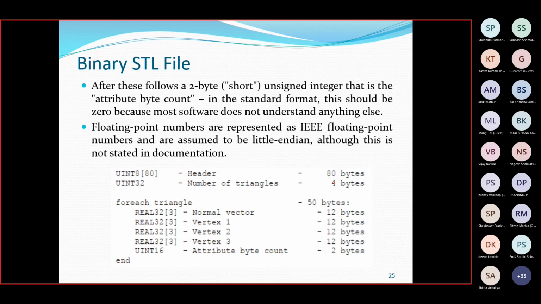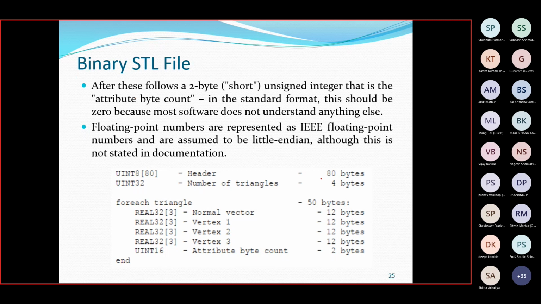So for one triangle you need 50 bytes, plus the 4-byte count. If you have 7 lakh triangles, you multiply by 50 bytes, then add 4, and then the 80. So only that many bytes you need. So it is very easy to use binary STL files.